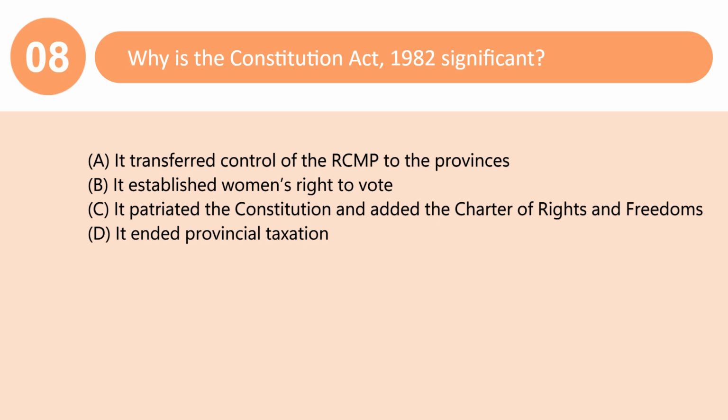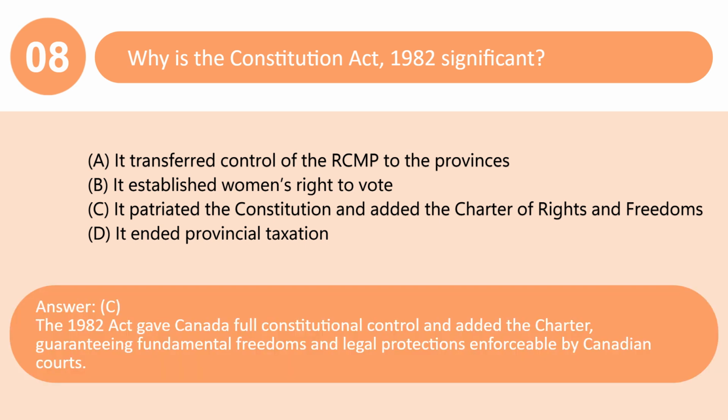Why is the Constitution Act, 1982 significant? A. It transferred control of the RCMP to the provinces. B. It established women's right to vote. C. It patriated the Constitution and added the Charter of Rights and Freedoms. D. It ended provincial taxation. Answer: C. The 1982 Act gave Canada full constitutional control and added the Charter, guaranteeing fundamental freedoms and legal protections